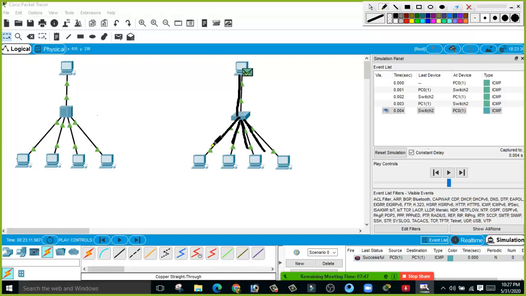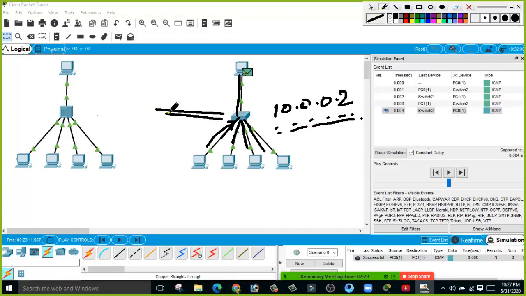Now this device has sent a reply. Once this device sends a reply, it also includes its MAC address, and it tells that I am 10.0.0.2 and this is my MAC address. So it is going to store the MAC address in its table.